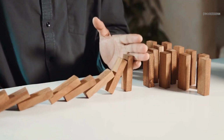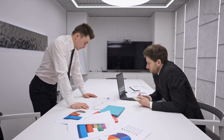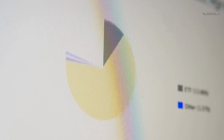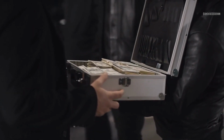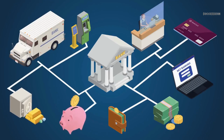To manage these risks, banks have established risk management departments and employ various risk management techniques, such as diversification of loan portfolios, stress testing, and hedging strategies. Additionally, banks may purchase insurance to protect against certain types of risk. By understanding how banks operate and generate revenue, you can make informed decisions when choosing financial services and managing your